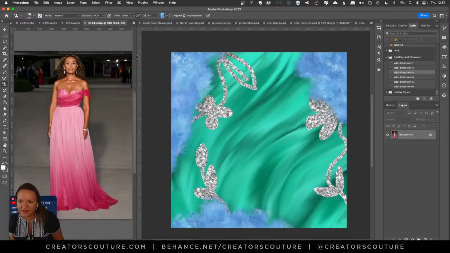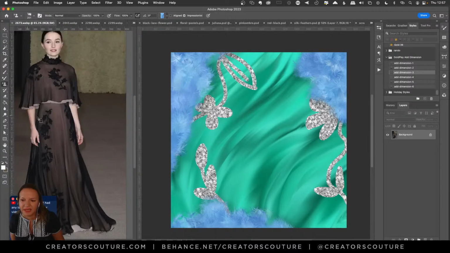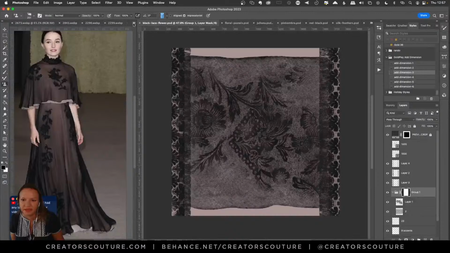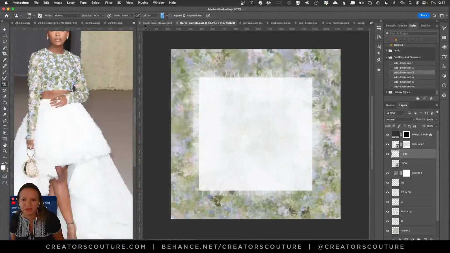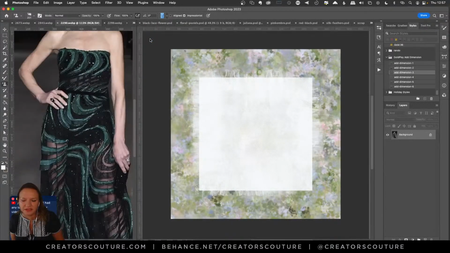So we've got this pink look here, this black lace one, this floral pastel look, and this look here.